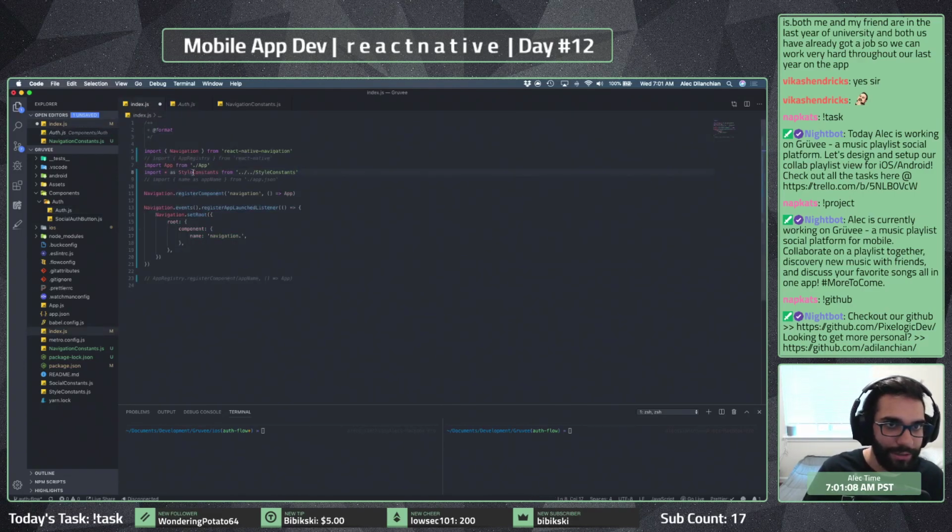All right, so import everything as navigation constants, and then that will be from navigation constants. And then so we can say register component navigation constants dot root nav ID for app. Easy. So then at this point, all we have to do